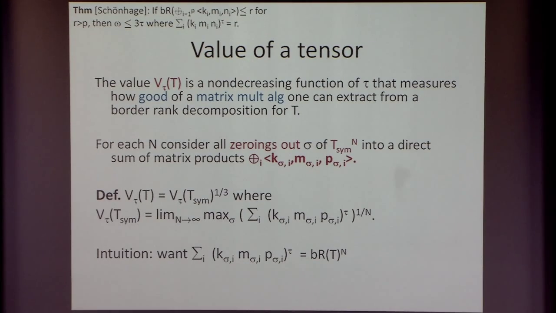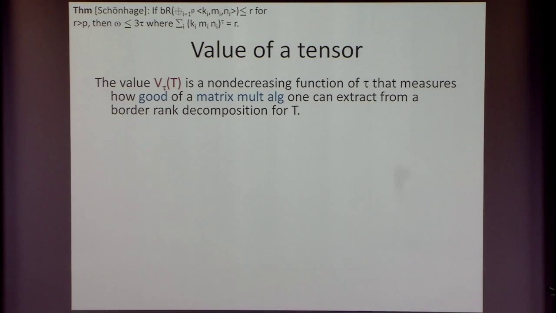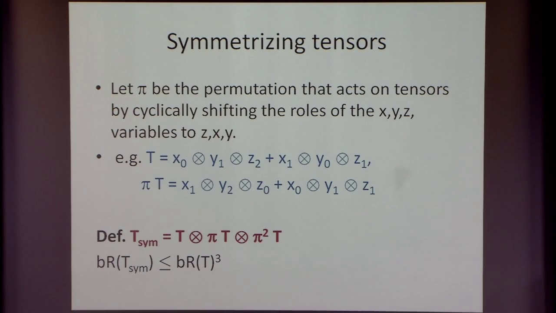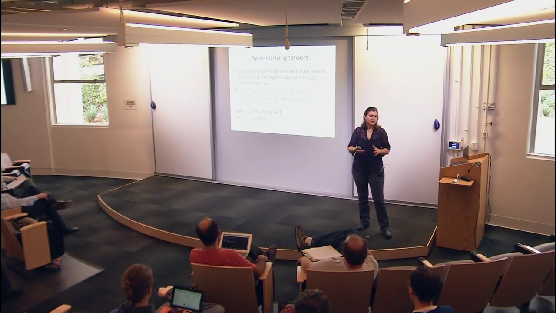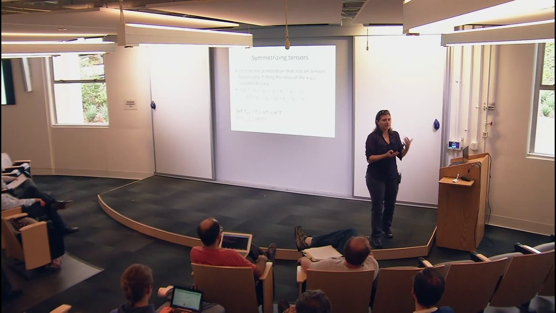Can you repeat what is the symmetrizer? So what is T sign? Yeah, what is the symmetrized version? This is the symmetrized version. I take x, y, and z, and I shift the rows of the x, y, and z variables. You better call it balancing than symmetrizing. It's balancing, because it doesn't make it a symmetric tensor. I want the indices of the x variables, y variables, and the z variables to be roughly the same up to permutation. That's all I want.